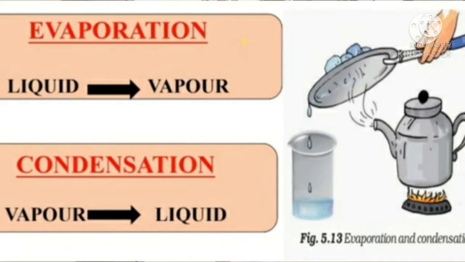So now, when this evaporated water comes in contact with this metal plate which has an ice cube over it, you can look at the picture. You can see a metal plate, and above that an ice cube also. You know it's really cold, right? So when this vapor comes in contact with this really cold metal plate, the process of condensation will happen, where vapor is converted into liquid, and what we are left with in the kettle is salt.